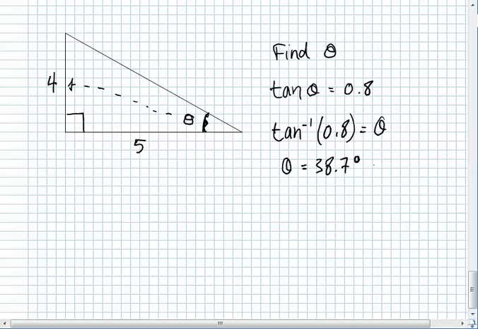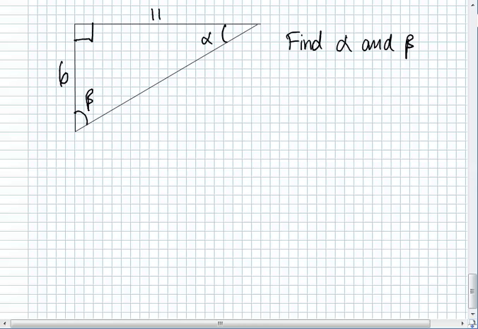But for right now, here's one problem I want you to try and show me so that I know you did this video and tried the question. Okay, there are two angles for you to find here. In this 6 by 11 right triangle, you have to find both alpha and beta. Alpha is the one in the top right-hand corner, and beta the lower left. Find those two angles for me, bring it to me on Monday morning, and I will give you some marks